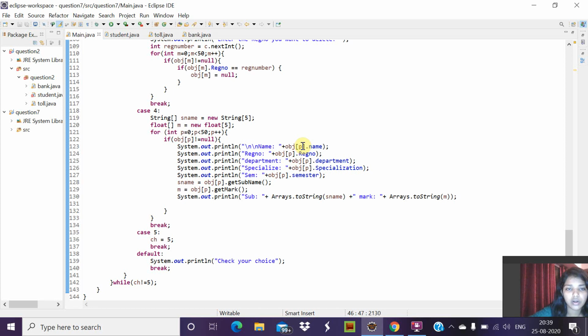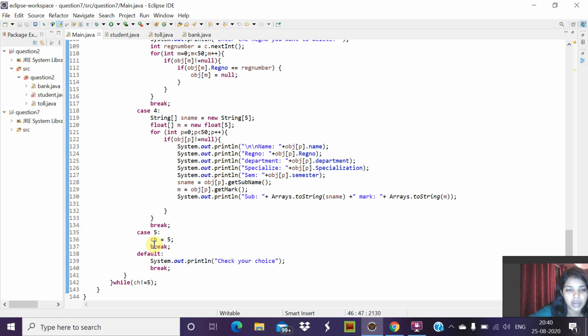There might be a lot of students' details, so for example if p equals 0, it will print the 0th student, the student whose details are in the 0th position of the array, like name, register number, department, specialization, semester, all will be printed, and getSubName, that is the subject name, will also be printed, and marks also will be printed.